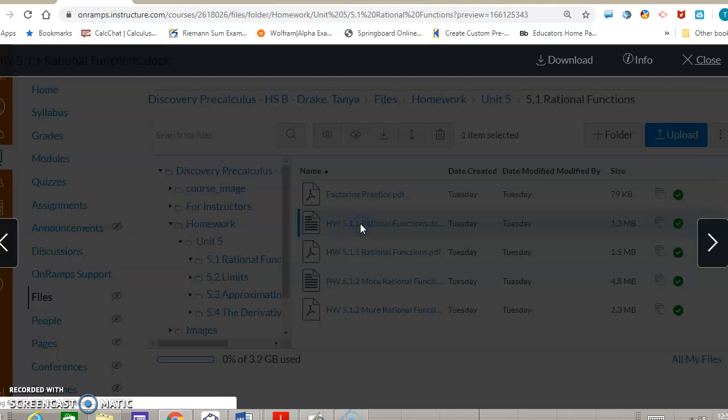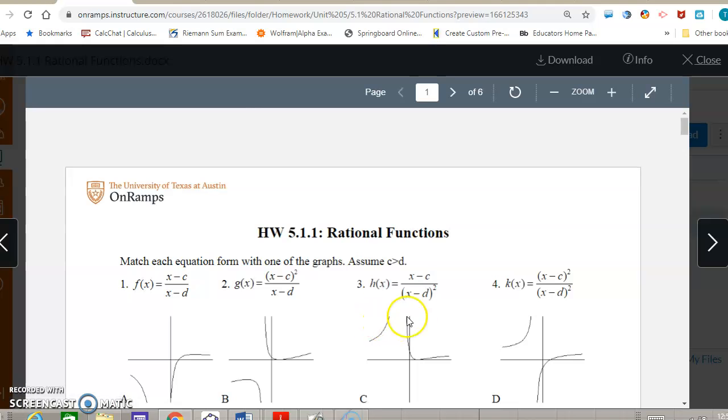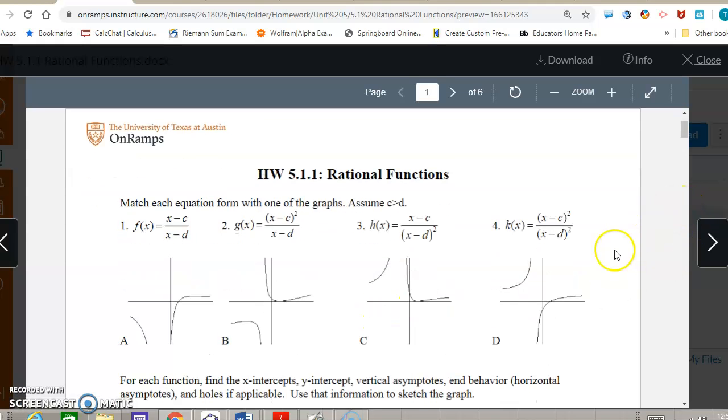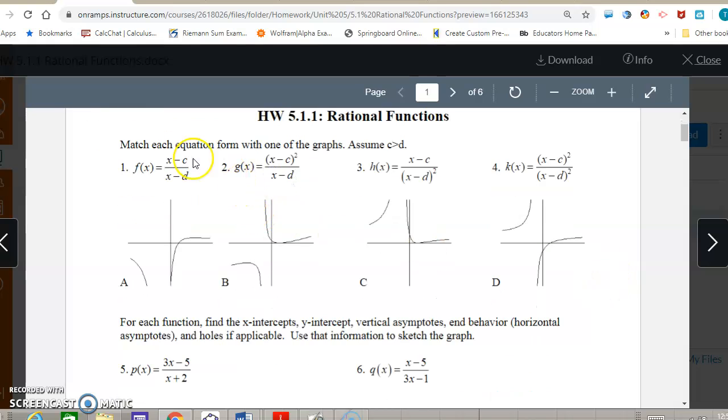So I'm going to click on that, and you will see that there are several graphs that you need to graph. Now I particularly want you to graph all 4 of these, 1, 2, 3, and 4, because there's something that happens when you put in numbers for these letters, C, D here. What happens when, we've already talked about what happens